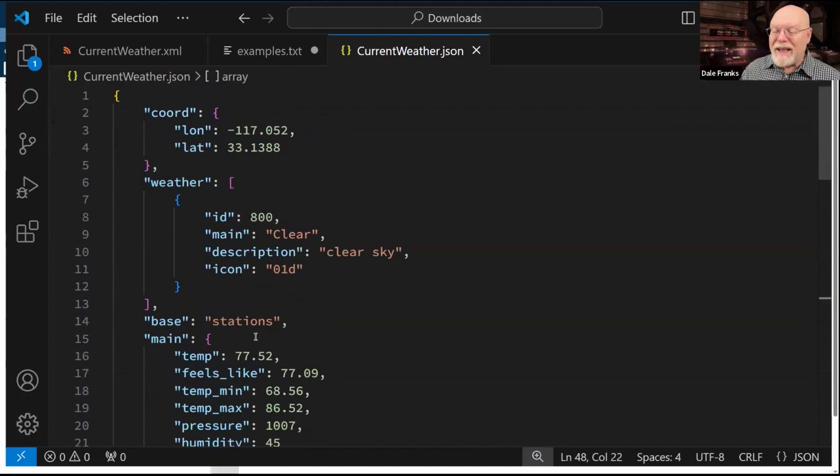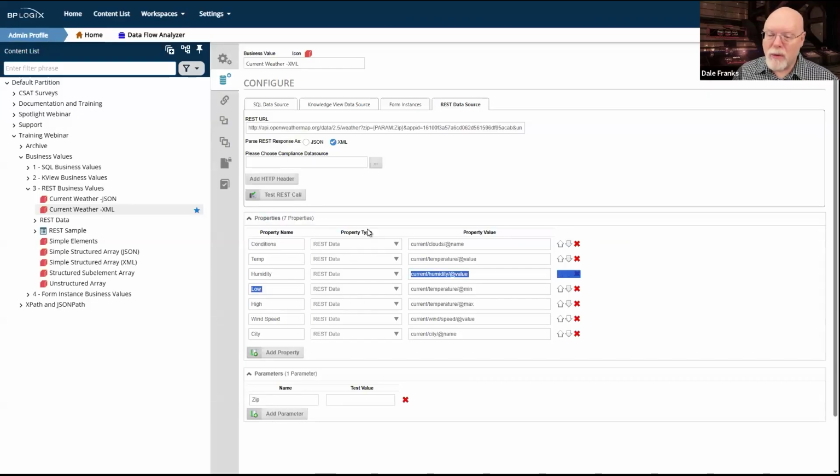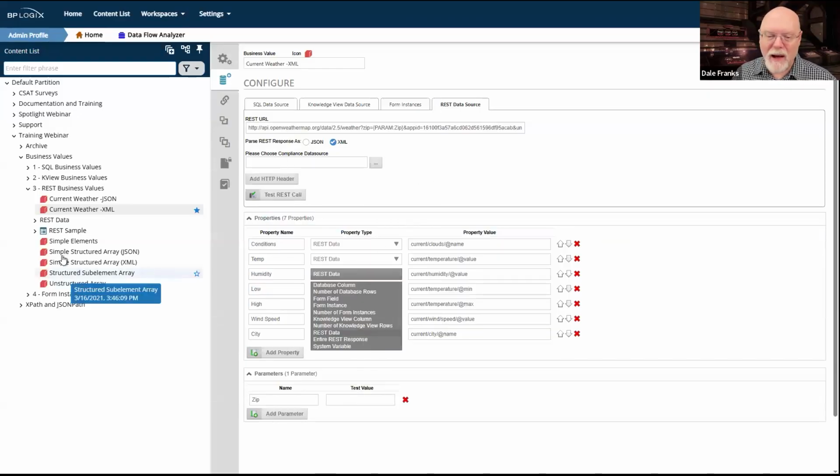It certainly tends to be smaller in size than an XML return. And it's way more flexible in how you can structure the data, but that is a drawback in and of itself whenever I get a JSON return. And the reason it's a drawback is because I can display the same data in a number of different ways. So, we've already looked at that, and we're going to have to come back to that.